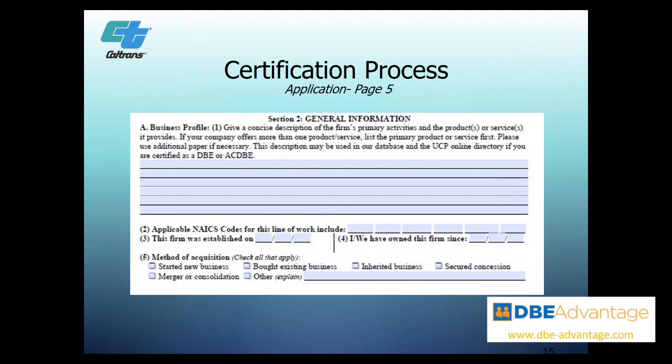On this page, you'll see under item 2 that you also have the applicable NAICS codes. Now, I want to caution you that you shouldn't go into the NAICS code link and start pulling down a bunch of NAICS codes that you think you might be interested in performing, because what will happen, as we'll talk about at the end of this webinar, is that you will be required to show evidence that you in fact are qualified to perform the work under each NAICS code that you include in your application.